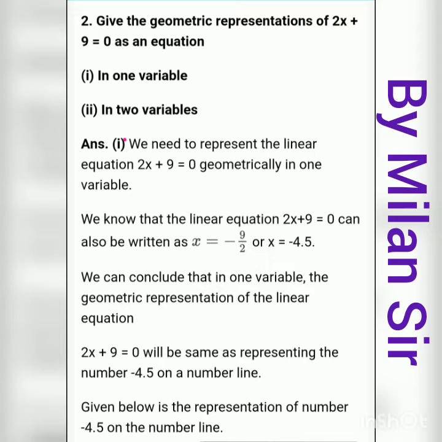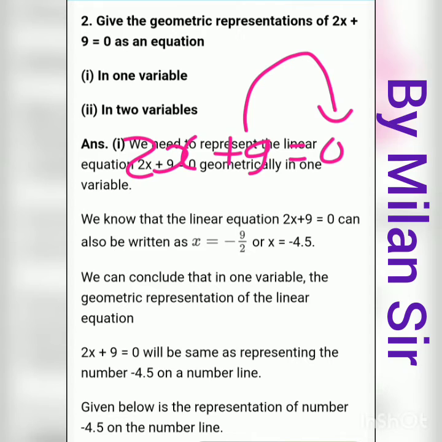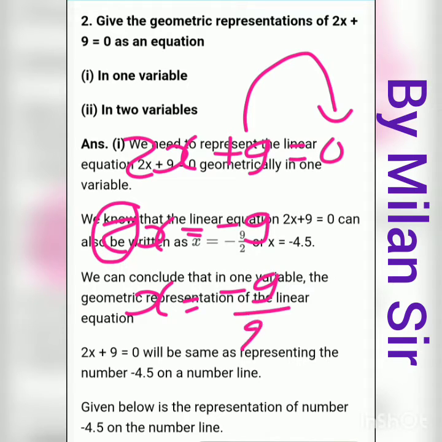Again, here we have 2x plus 9 is equal to 0. First of all, transfer this 9 to the right hand side. Okay, so if we transfer this plus 9 to the right hand side, it becomes minus 9. Now transfer this 2 to the right hand side. Right now it is in multiplication. If we transfer it to the right hand side, it goes to the division. Okay, so it becomes minus 9 by 2,